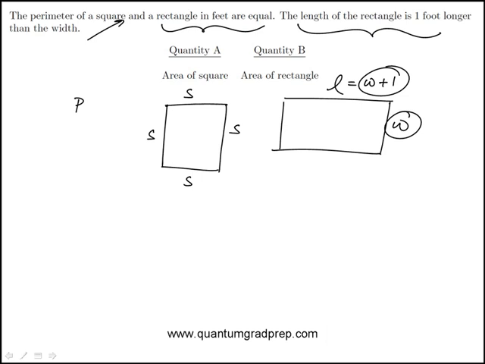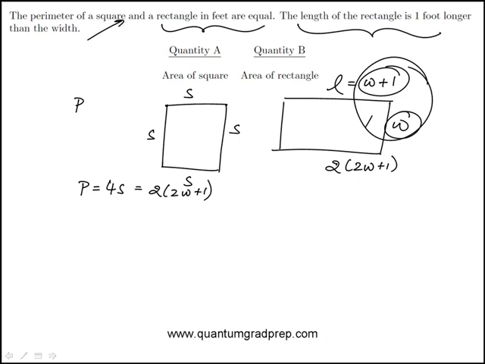So we're told that the perimeter is equal, which means that the perimeter of the square is 4S, and that's equal to 2 times length plus width. So this would be 2 times W plus 1. So that's the condition. What I'm going to do is isolate one variable. You could do it either way, meaning isolating S in terms of W or W in terms of S. So I'm going to isolate W. So we have 4S is 2 times 2W plus 1, which means that 2S is 2W plus 1, so 2W is 2S minus 1, and W is S